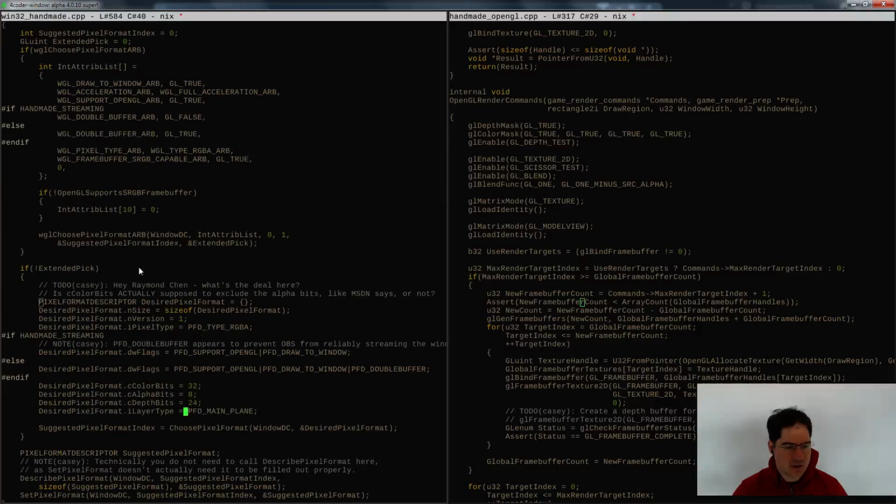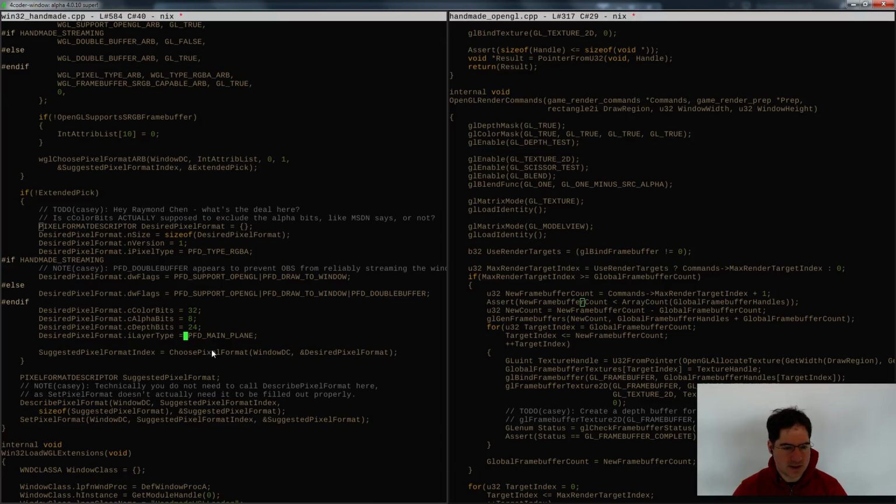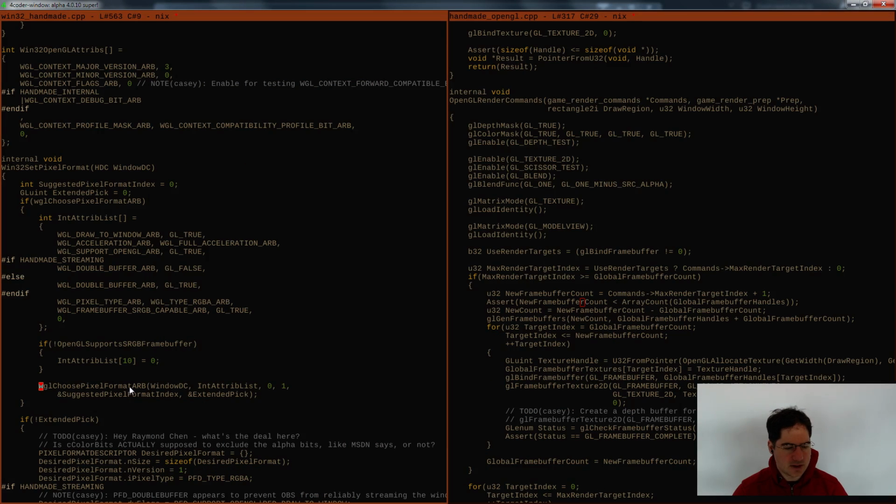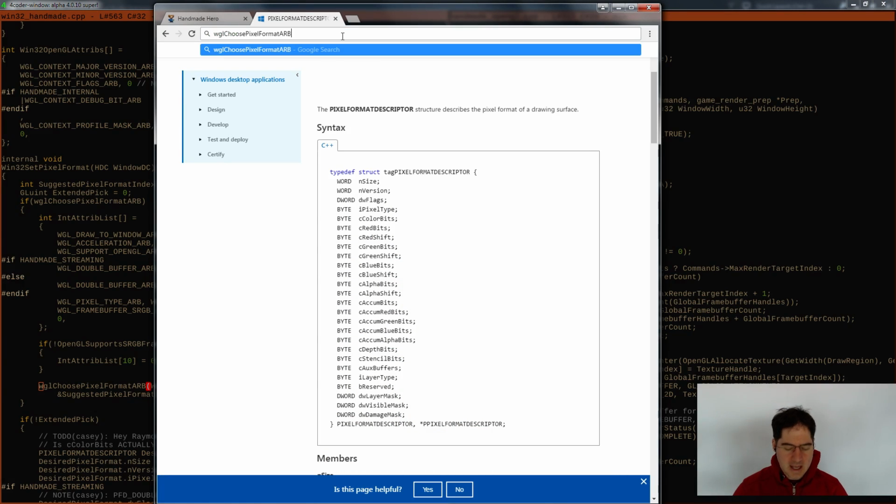But that's only our path for failing the extended pick, if that makes sense. So, when we come back here to this guy, this one doesn't really talk about those at all, right? It does that suggested pixel format index extended pick thing through wglChoosePixelFormatARB. I don't remember if you have to set something here in addition to pixel type ARB that says whether I want a depth buffer or not. So probably what we're going to have to do is take a look at wglChoosePixelFormatARB and see